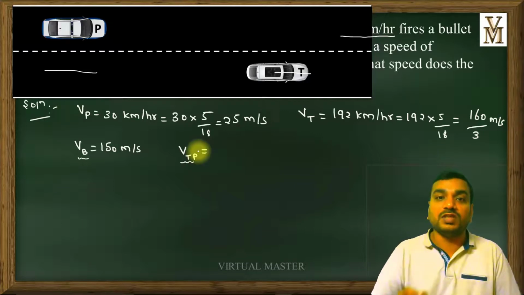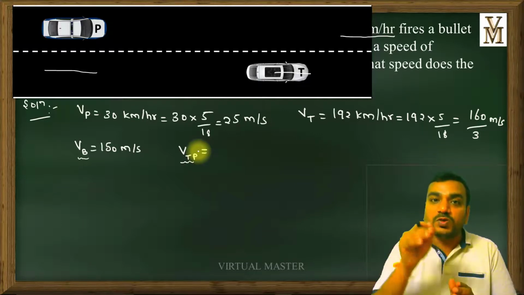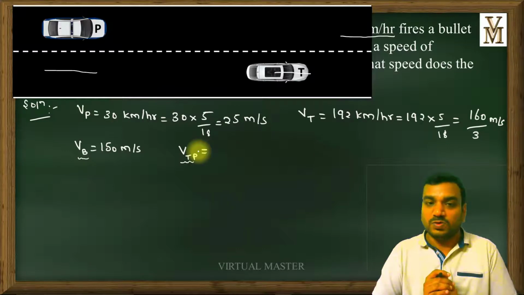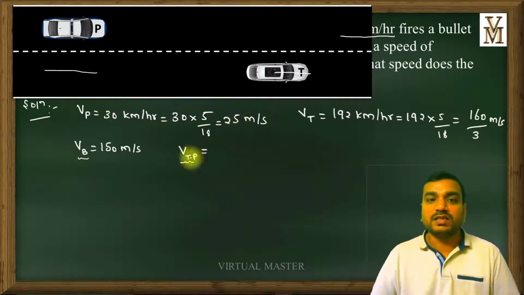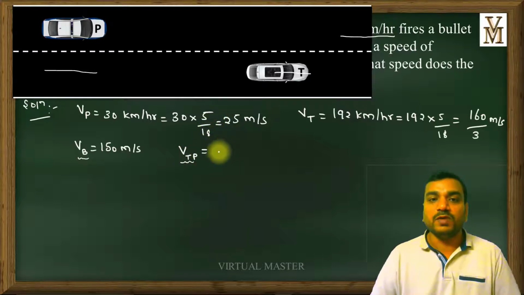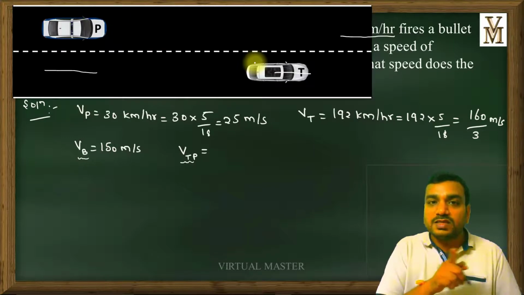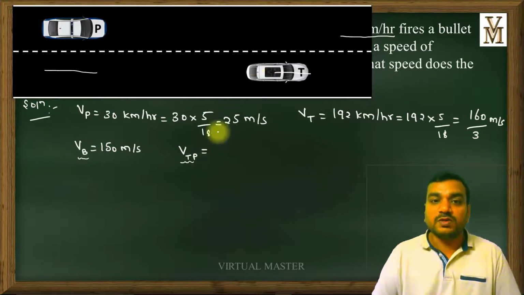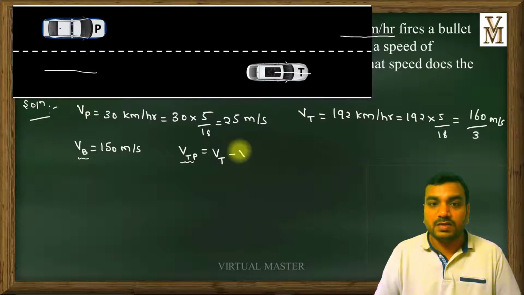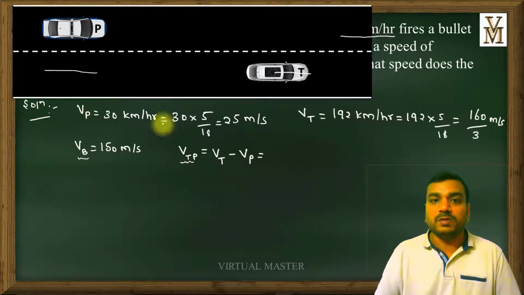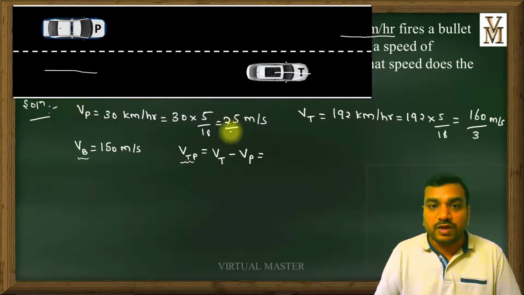That speed will give the speed with which the bullet is going to hit the thief's car. Okay, so let us find the relative velocity of thief's car with respect to police car, VTP. Since the police car and thief's car are moving in the same direction, the relative velocity will be equal to the difference between the velocities of these two cars, that is police car and the thief's car. I will write it as VT minus VP, and it will be equal to, sorry, this is 25 by 3